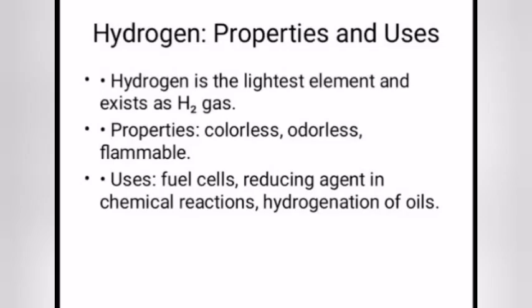Hydrogen is the lightest element on the periodic table, and it exists as hydrogen gas. The properties of hydrogen are that it is colorless, odorless, and flammable, meaning it can catch fire. So it is used in fuel cells, as I said. It is one of the strong reducing agents. So take note,